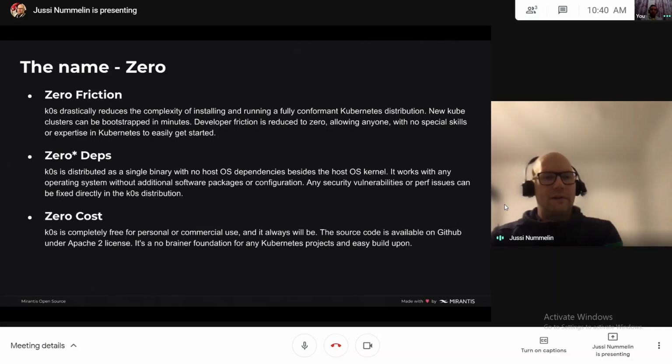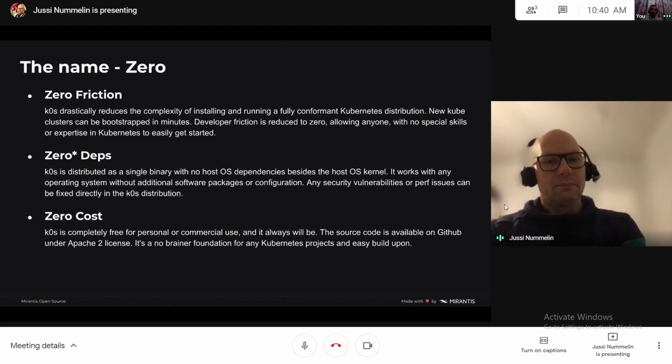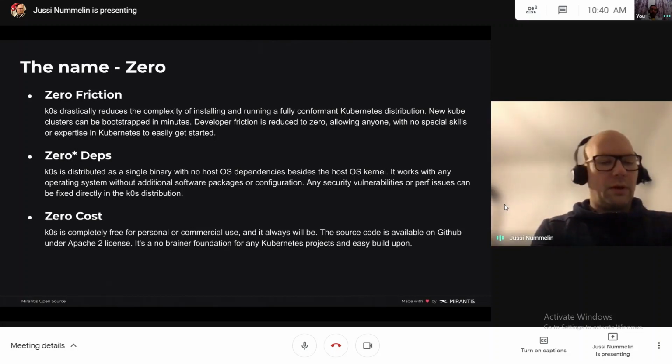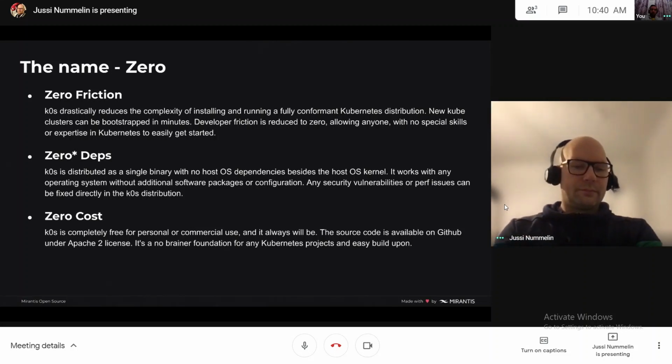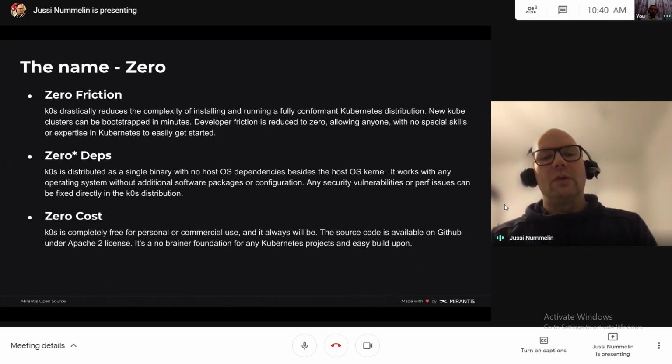Another zero is zero dependencies, and this is something where I'll dive quite deeply in the presentation. K0s is actually a single binary, so there's basically no host operating system dependencies, at least on the package level.